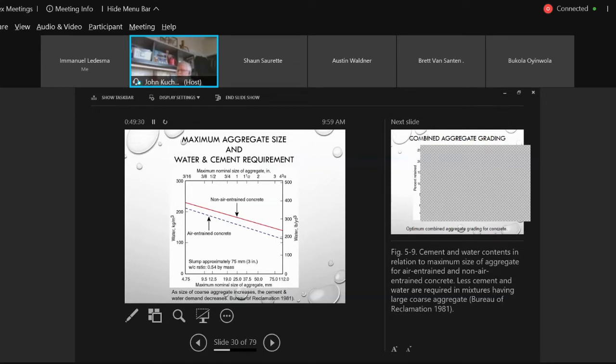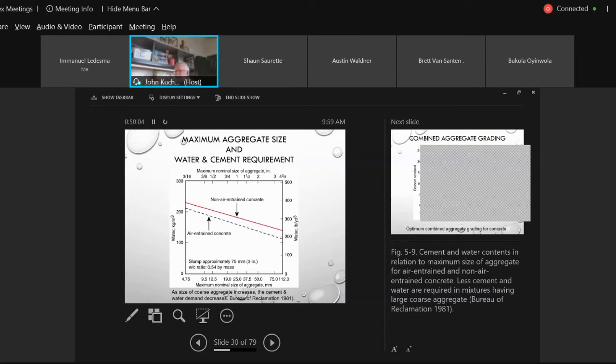Well, here you can see that as the maximum nominal size of aggregate increases. Now, again, these are taken out of the PCA manuals, so they're using ASTM. So they're using the ASTM sieves instead of our Canadian metric. But we can quickly bounce back and forth. 4.75 is a 5 millimeter. 9.5 is 10. Here's a 14. Here's a 20. Here's a 28. Here's a 40. But anyways, if we look at the ASTM, you can see here that as the maximum nominal size of aggregate